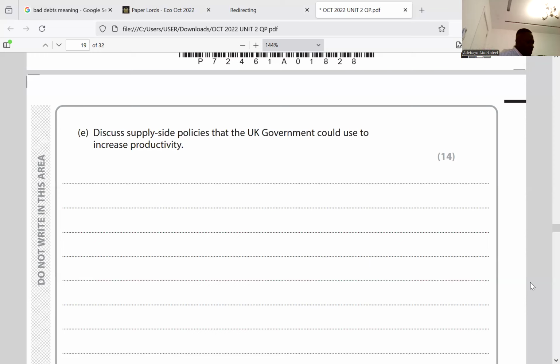Reducing the level of welfare benefits. If government reduces welfare benefits, this would incentivize unemployed people to take jobs, work harder, and increase output per worker in the UK. However, government will have to spend a significant amount of money to increase productivity. This creates costs for the UK government. It may lead to more productivity if spent in another sector of the economy, for example, healthcare.